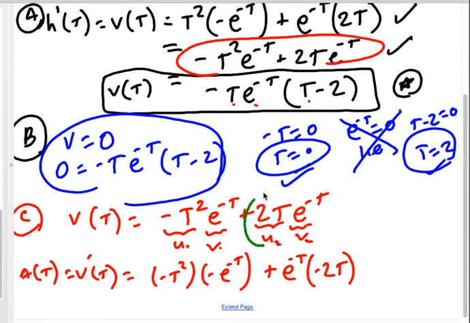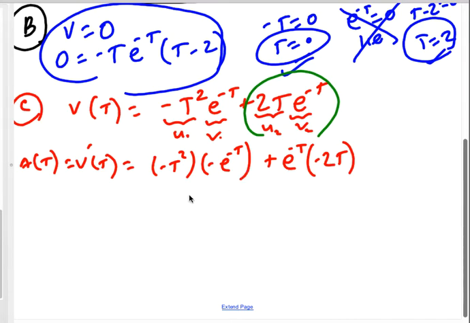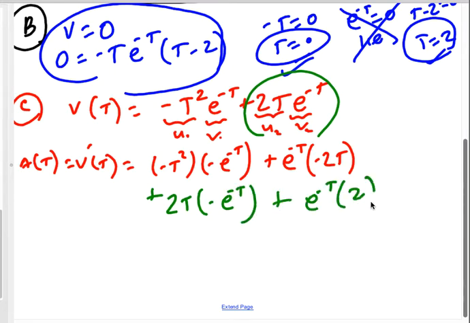I'll do the second product rule in green just to show that it's a different product rule, because this is an awful lot of mathing, right? Plus u dv plus v du, right? And so now if we clean up my a of t a little bit, it seems